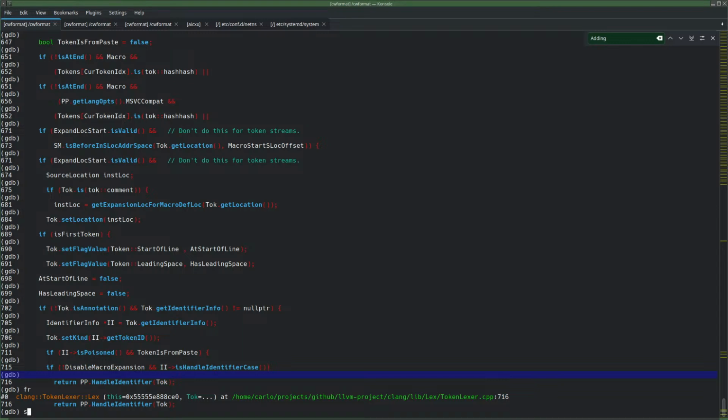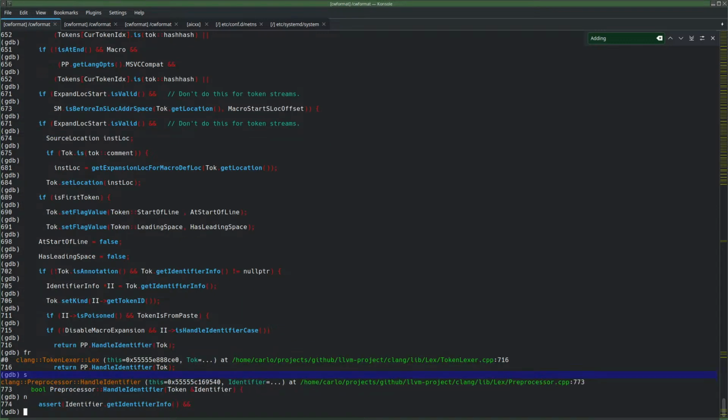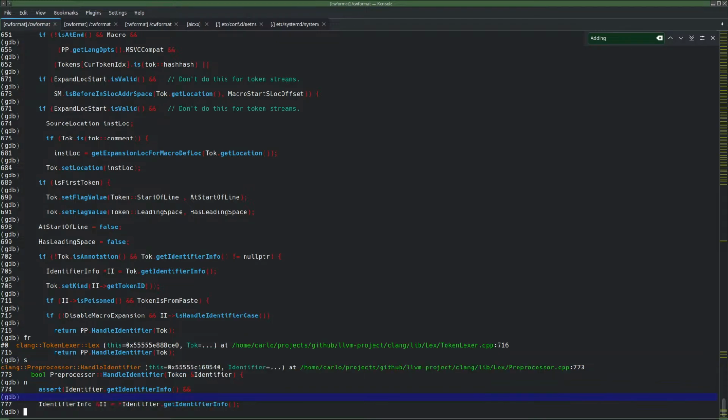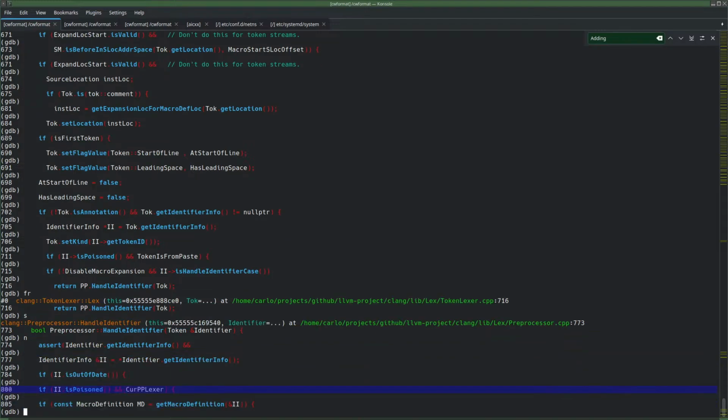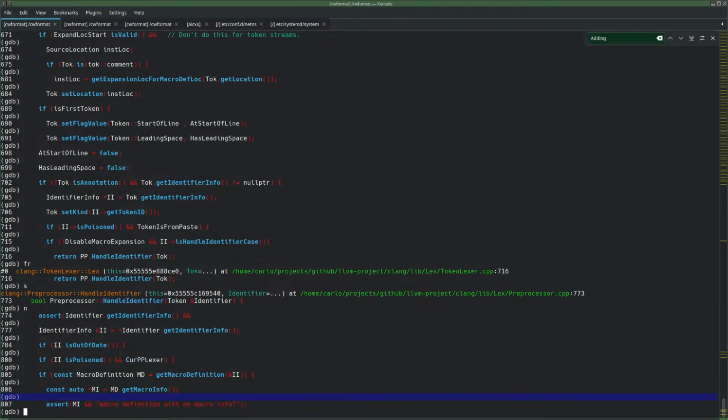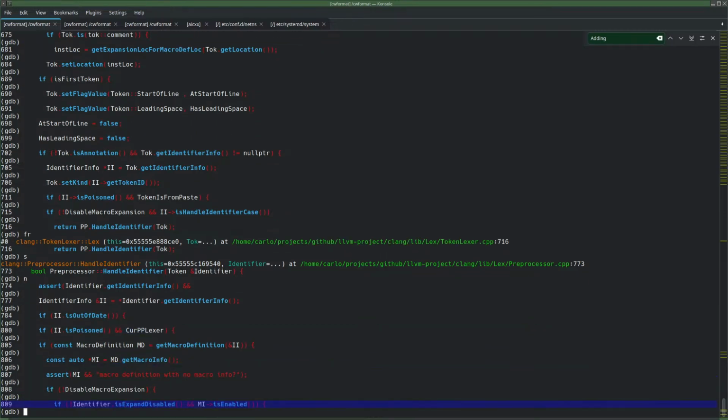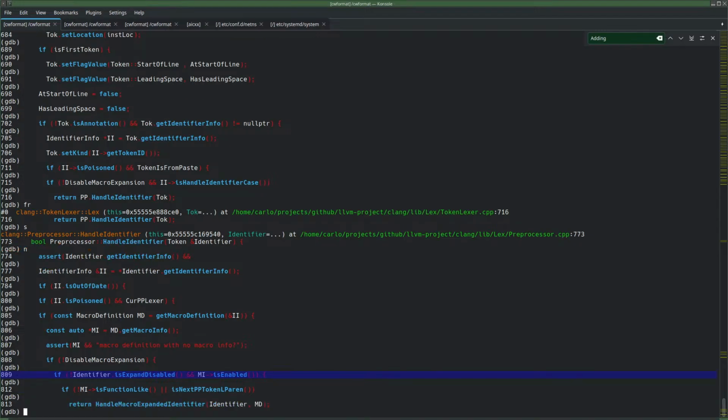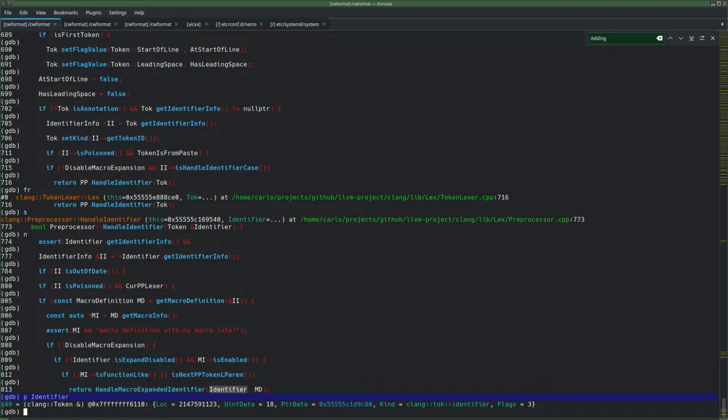If you follow this and then the macro expanded identifier. Nobody knows what that is. Looks like,